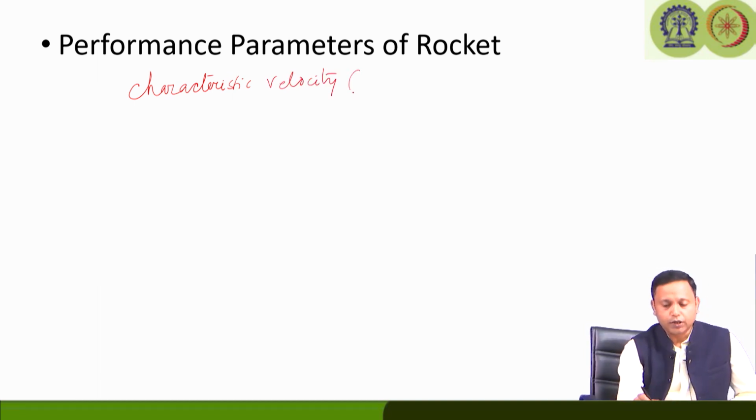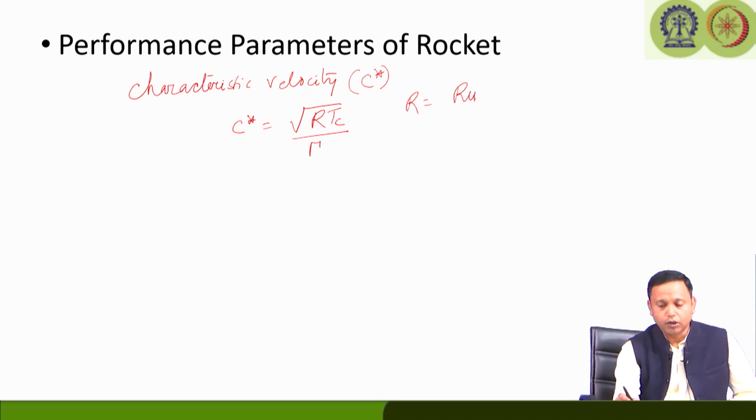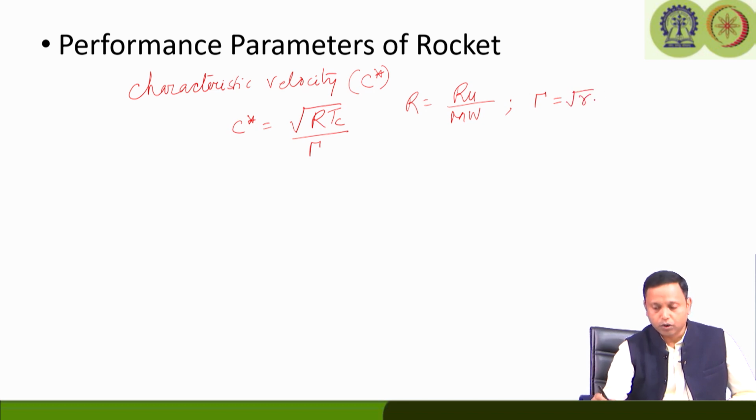We denoted the characteristic velocity as C star, and we got the equation of C star as square root of R T C by capital gamma, where R is the gas constant for that particular gas, which is the universal gas constant divided by the molecular weight. The capital gamma we got as a function of small gamma, or the specific heat ratio, which is square root of gamma into 2 by gamma plus 1 to the power gamma plus 1 by 2 into gamma minus 1. So, this was the equation we already got, and we can relate the mass flow rate,